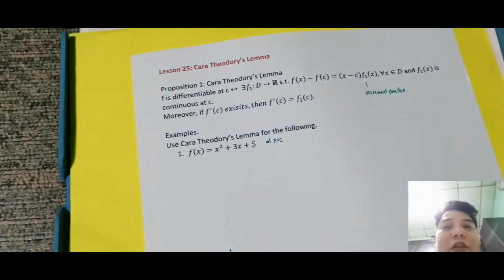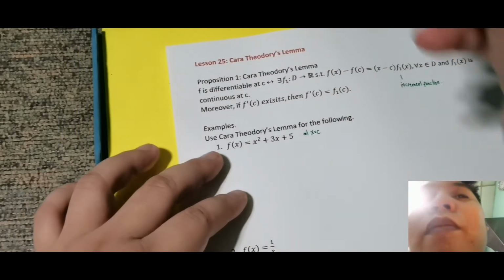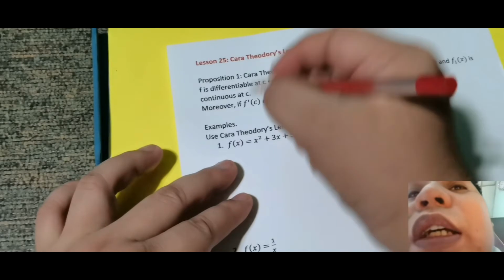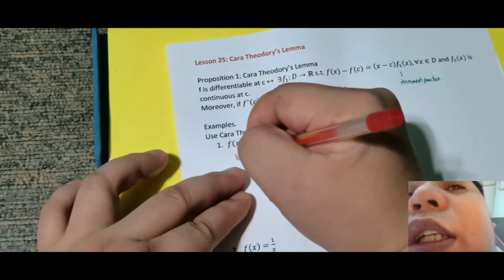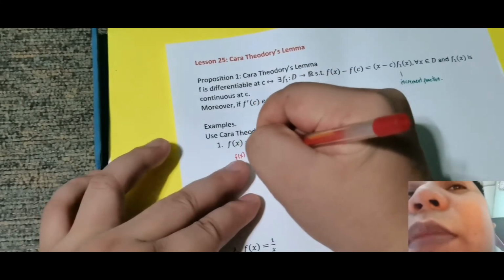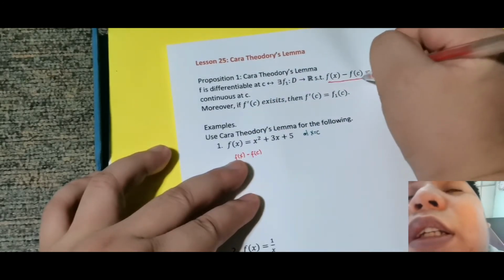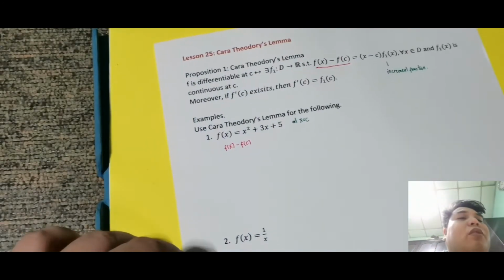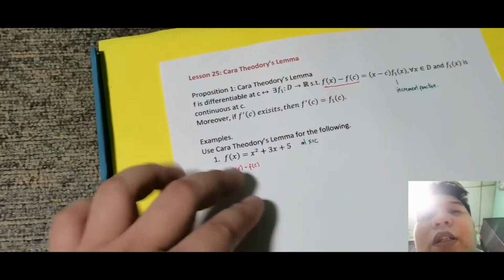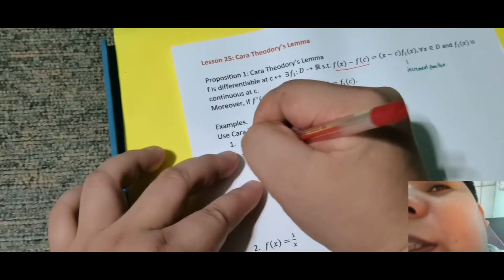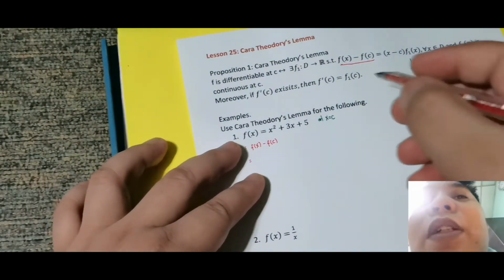So suppose at x is equal to c. So using Caratheodory's Lemma, so anong gagawin natin? So ang sabi, f of x minus f of c lang. So ang goal natin, evaluate mo si f of x minus f of c. Kasi yun yung goal eh. Ang unang step, check mo si f of x minus f of c. So si f of x minus f of c, that is equal sa